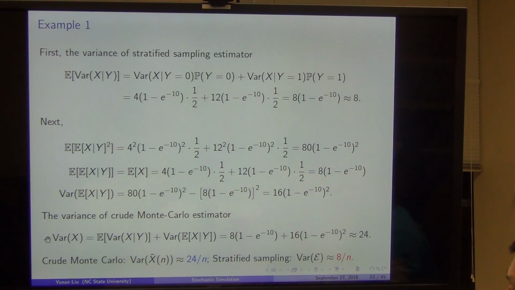So the overall variance, according to the conditional variance formula, is equal to the summation of the two, which gives you 24. So the crude Monte Carlo estimator has about 3 times